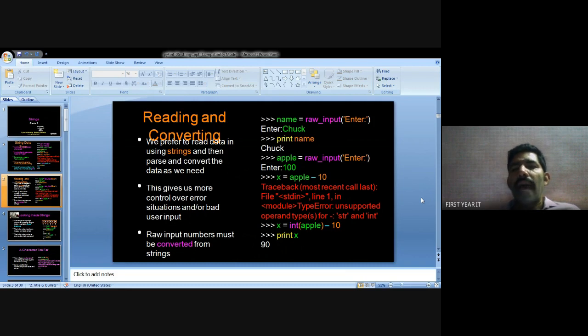Apple is a string value and 10 is an integer value, so you convert the apple. So x equal to int of apple minus 10. After the conversion, the apple value is 100. So print x means 100 minus 10. What do you get as the result? 90.